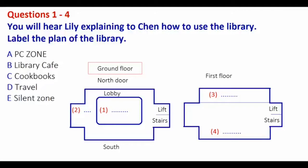Oh, if you like studying in a quiet place, it's better to go upstairs to the silent zone. As you come out of the lift or up the stairs, you'll see a section on your right facing north which is closed off. That's the silent zone. On the other side, facing south, are the bookshelves with all the cookbooks and...